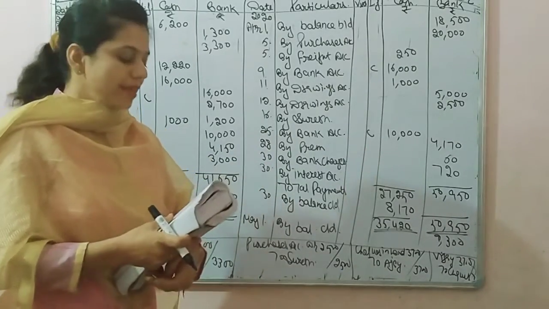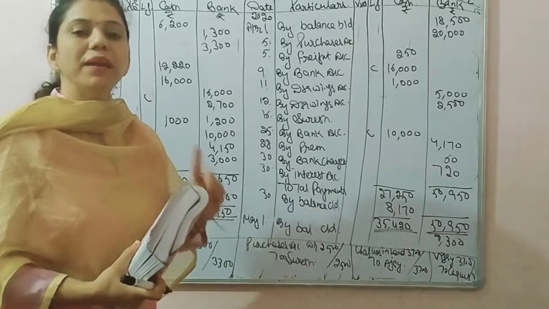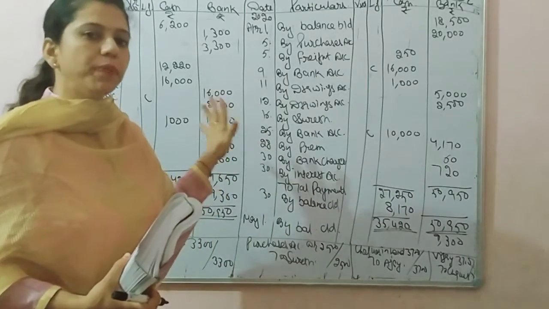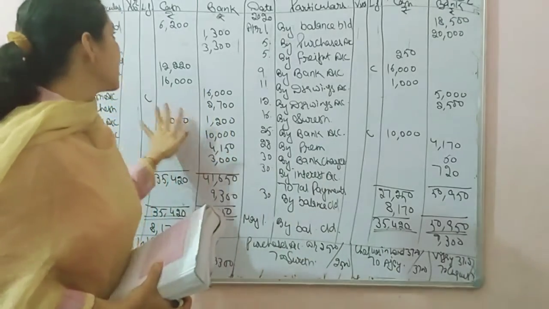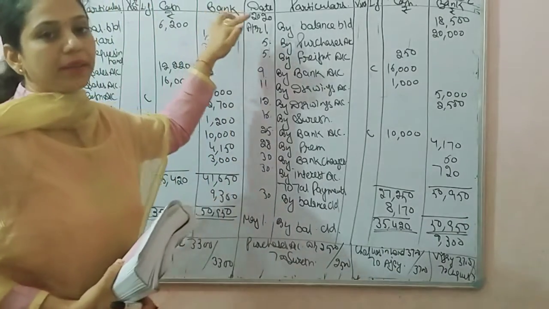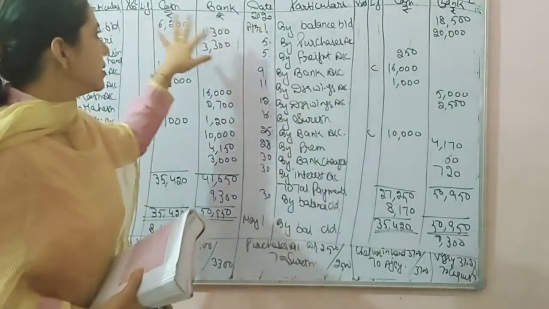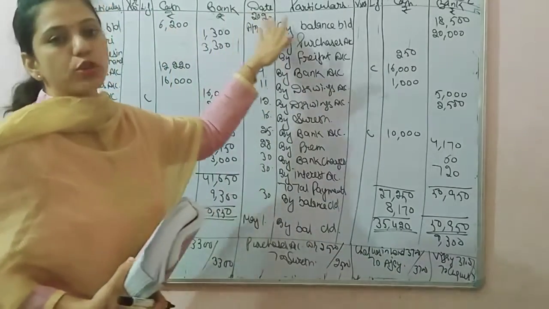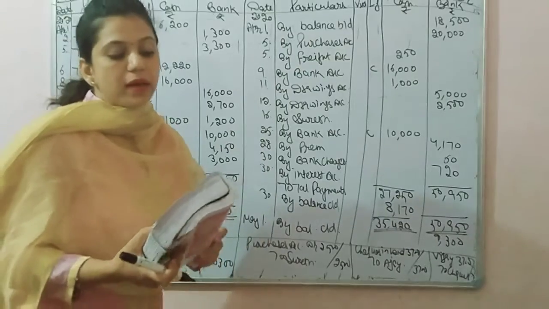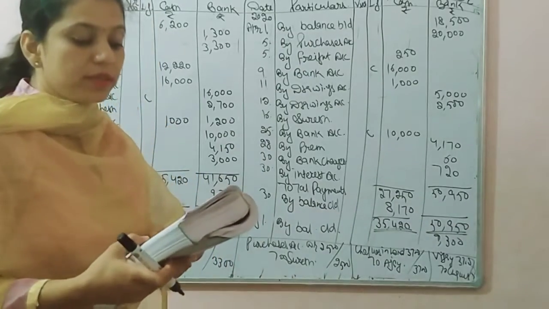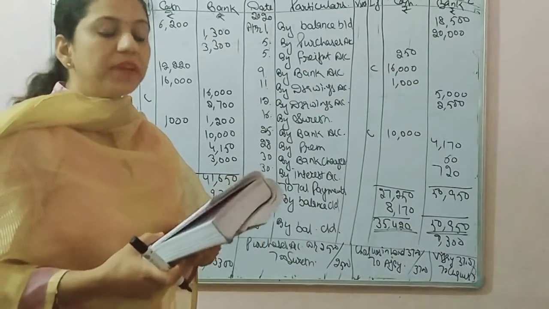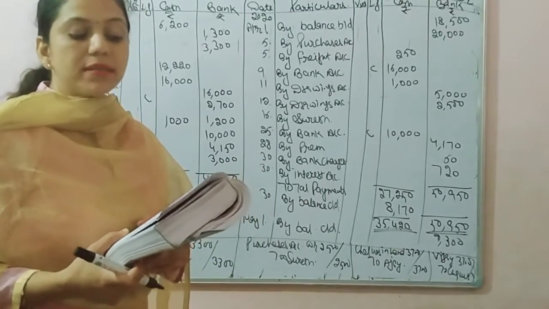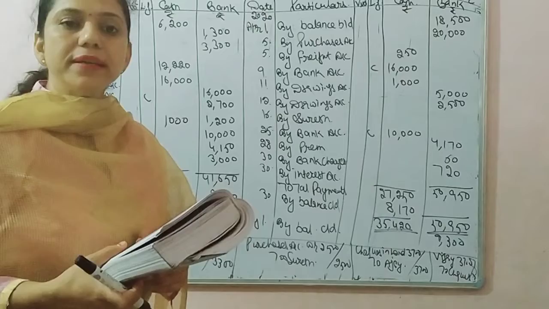Yes students, now we will discuss one practical question so that the concept of cash book should be clear to you. I am discussing Illustration number 8A from DK Goel and I am just reading the statement. Simultaneously we will solve this question. Enter the following transactions in the cash book with cash and bank column. Also pass journal entries where necessary.